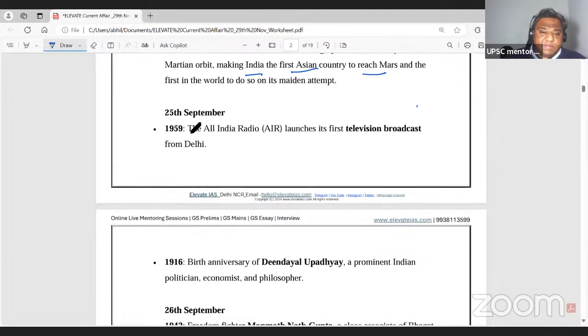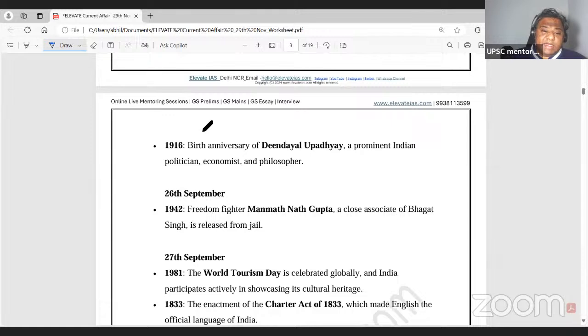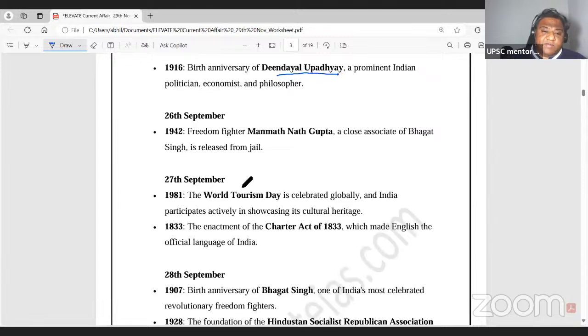And on 25th September 1959, All India Radio launched its first television broadcast from Delhi. 1916 is the birth anniversary of Deen Dayal Upadhyay ji. On 26 September 1942, freedom fighter Manmath Nath Gupta, M.N. Gupta, a close associate of